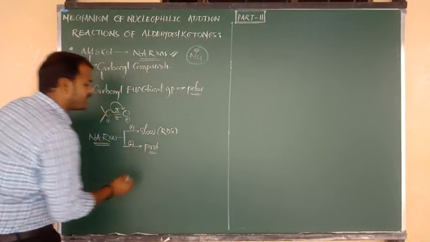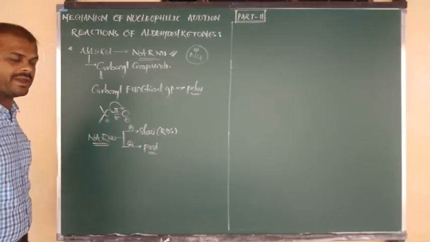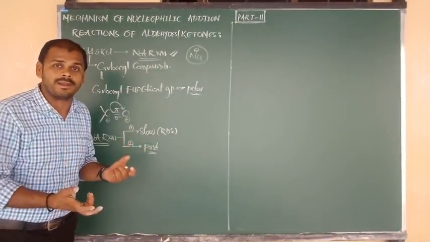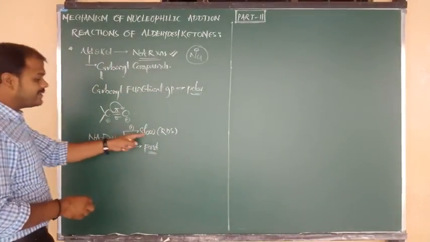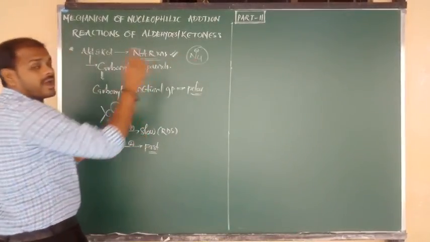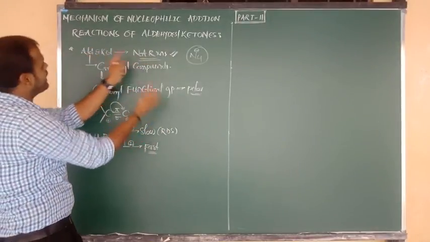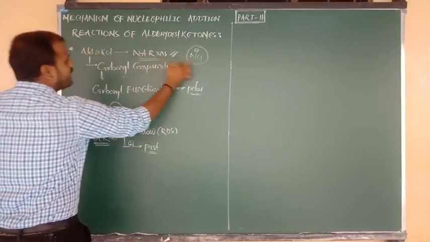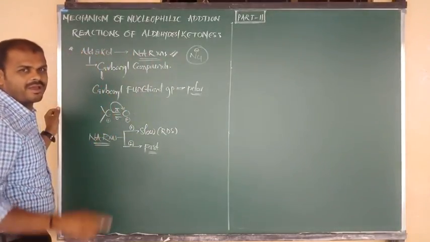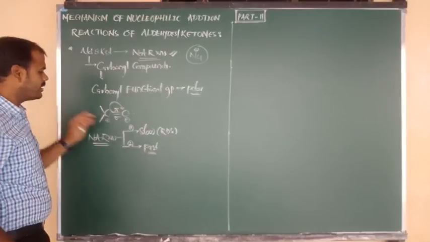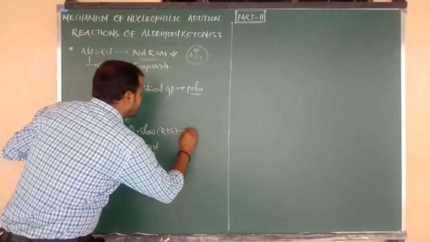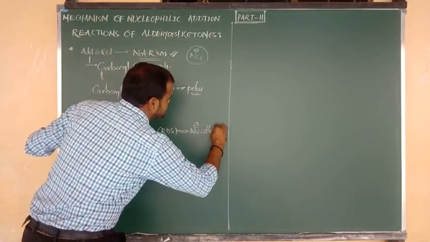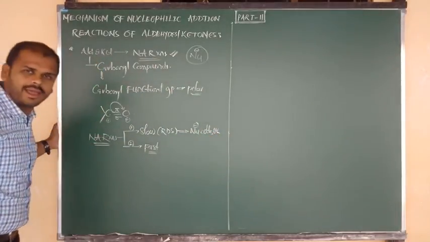Now here the rate cannot depend upon the fast step. You know that concept very well. So in the slow step, what do we have to do? Listen carefully. In this slow step only, the nucleophile attack takes place upon the aldehyde or the ketone, whatever it may be. The attack of the nucleophile occurs in the slow step. So in the slow step, remember that nucleophilic attack takes place upon the aldehyde and ketone.